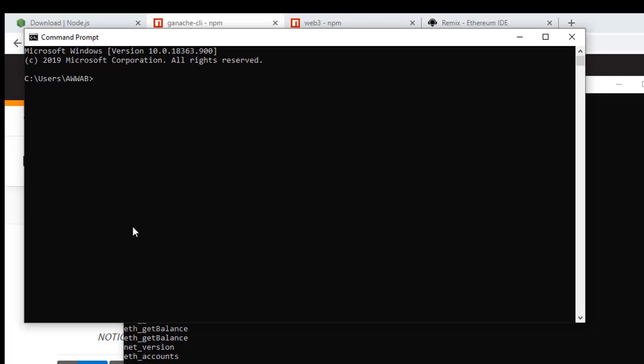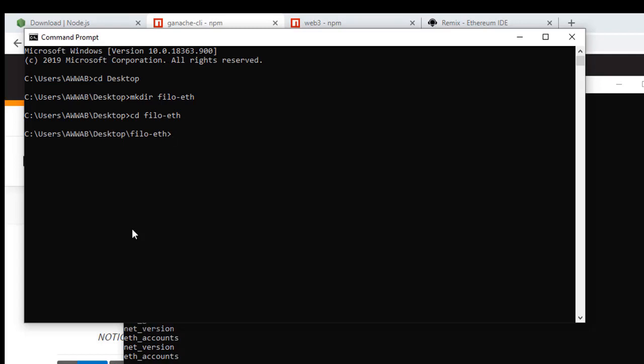Here I am going to go to my desktop and create the project folder. So mkdir, and you can name it anything. I will name it philo-eth. So it is created. Now I am going to go into this project, and I will initialize the node project.